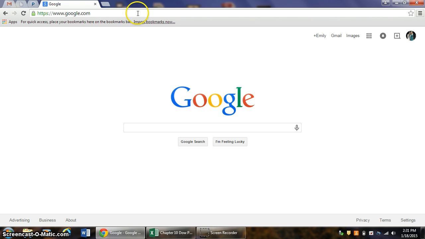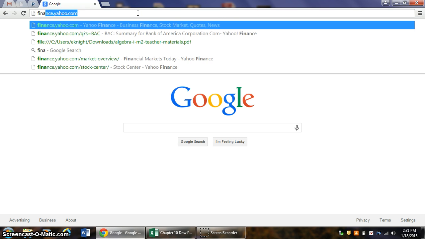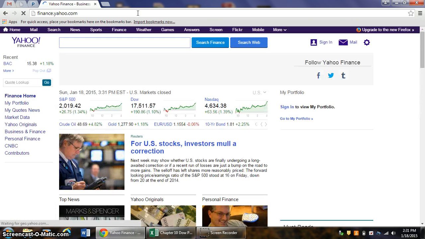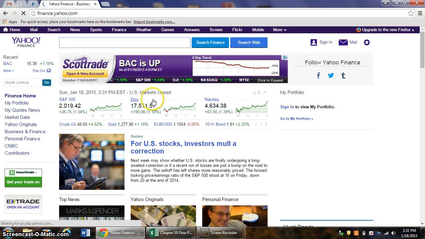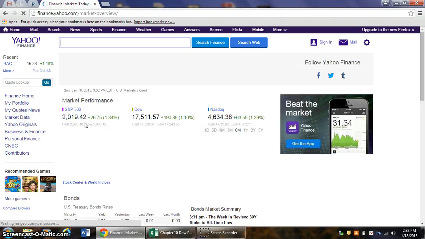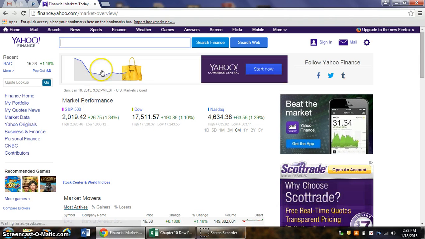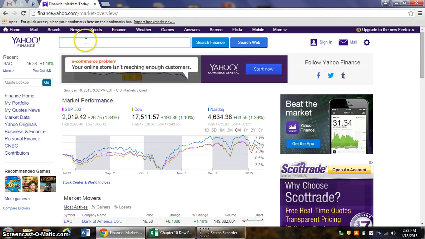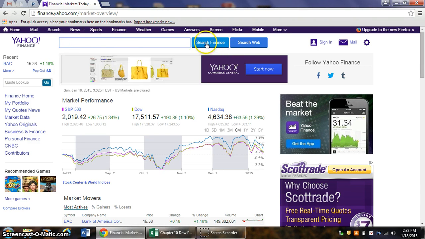There are several different places where we can find stock data, but one easy one is Yahoo Finance. You can either search for Yahoo Finance or go to finance.yahoo.com. Once you're here, you can browse through this website, but the fastest way is to go over here to Market Data. If there's a company you already know that you want to do, you can type in the name of the company up here in the search bar,